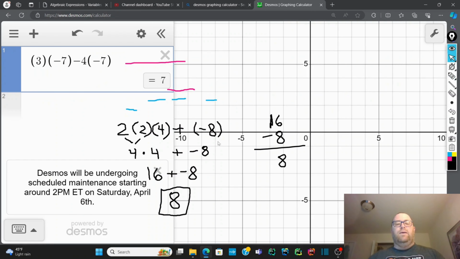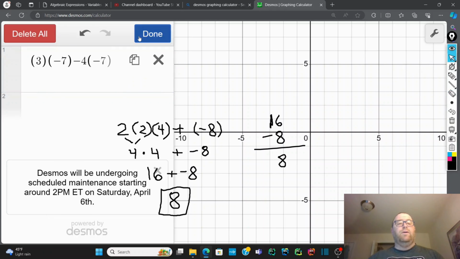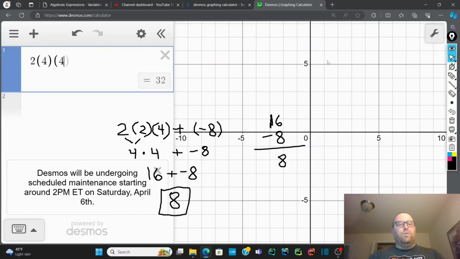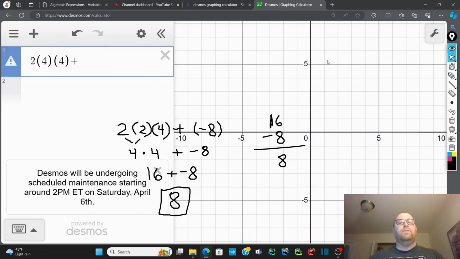Let me just get rid of a little bit of this stuff. Handy trick in Desmos, if you have a ton of cells going down the side here, you can go right up here and click on the gear and then delete all if you want to do that. But again, we're going to substitute in, so we'll do 2 times 4 times 4 plus -8. And we get